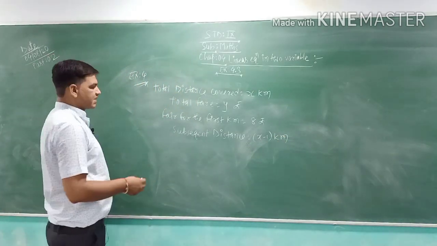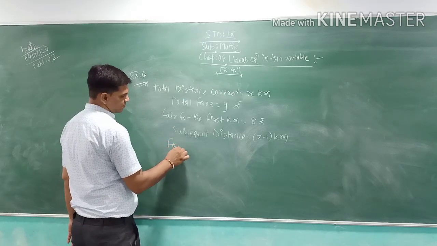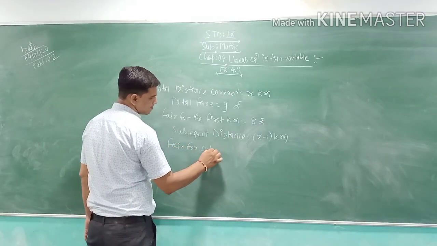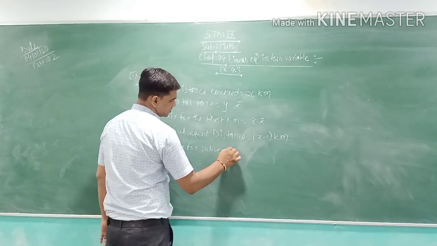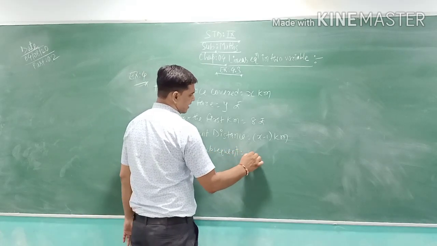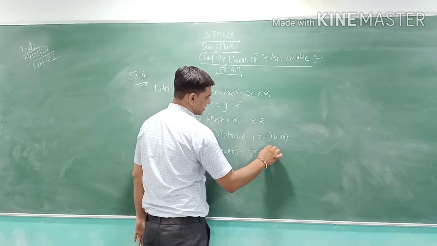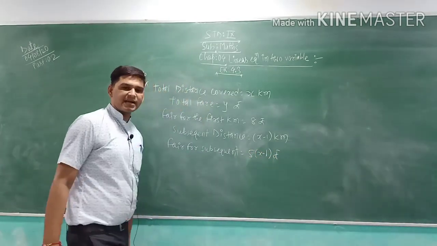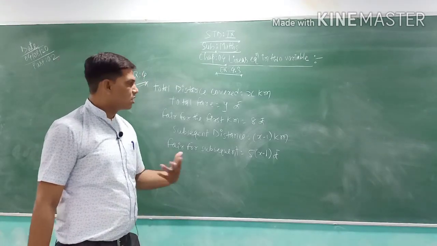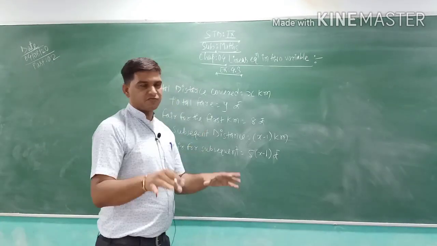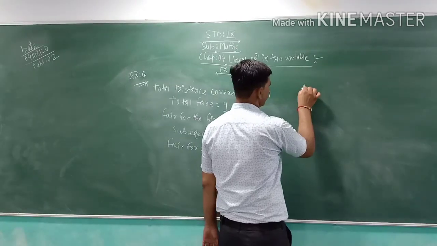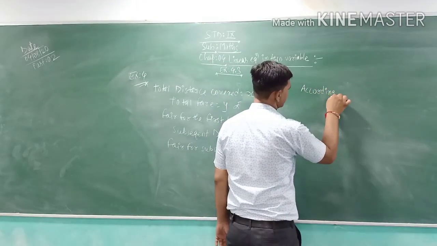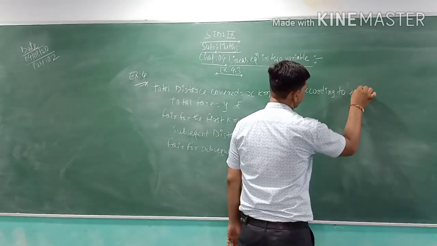So fare for subsequent is 5 in bracket x minus 1 rupees, right? So 5 in bracket x minus 1 rupees. So according to the equation, what is given in the question,